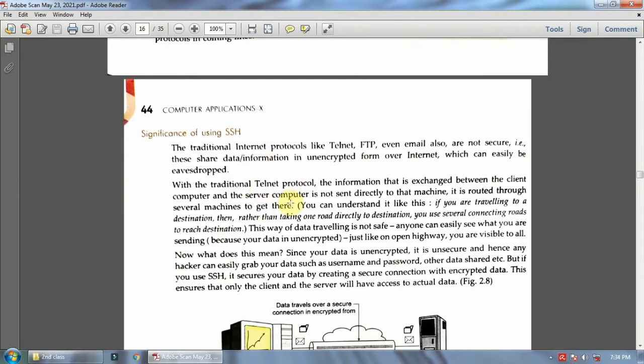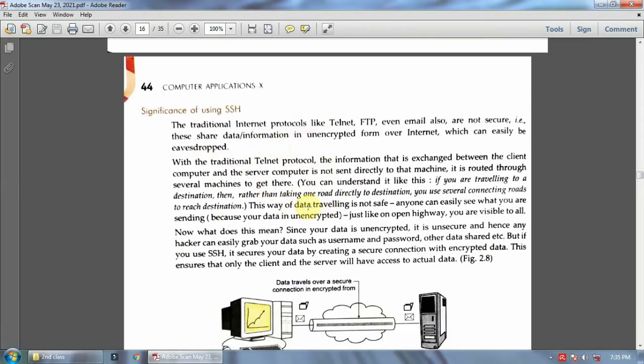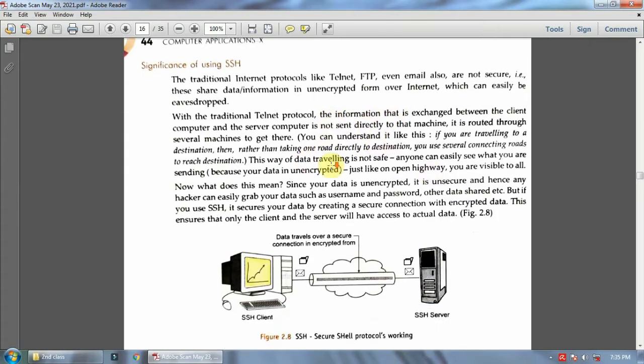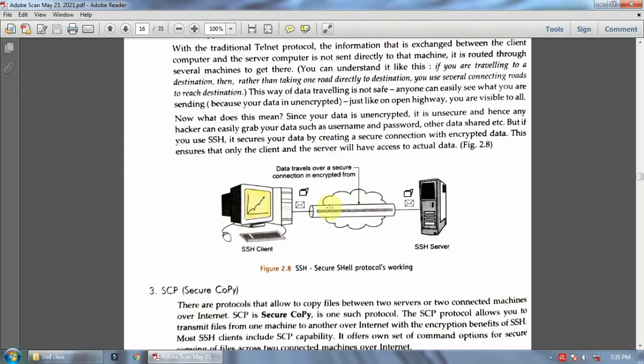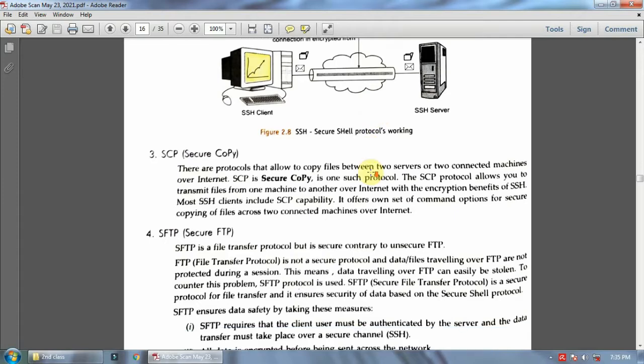So, the significance of SSH. This part you don't have to go into deeply, you don't have to understand so much. All you have to understand is that from your computer, here it is written SSH client, and you might think that these things are different, but actually it is your computer. So if your computer has the software, then you can say that your computer is an SSH client, and through this secured pipe or secured line where information is encrypted, you can access this server, that is the SSH server. So this is how information is sent. You just have to know the definition.